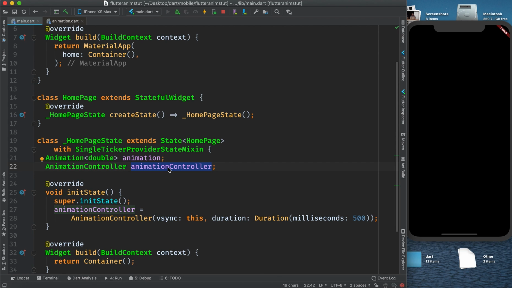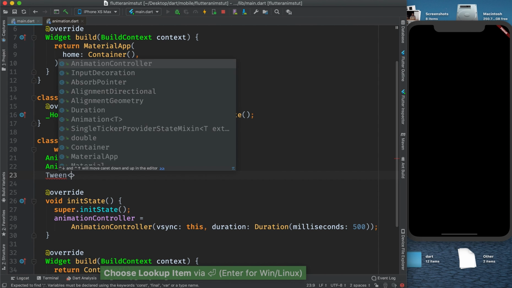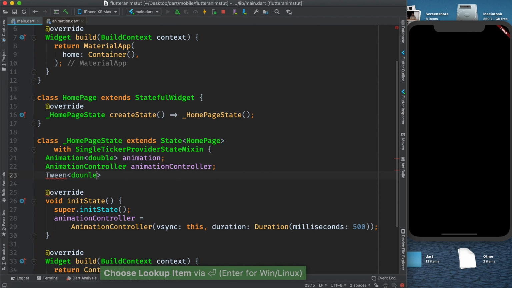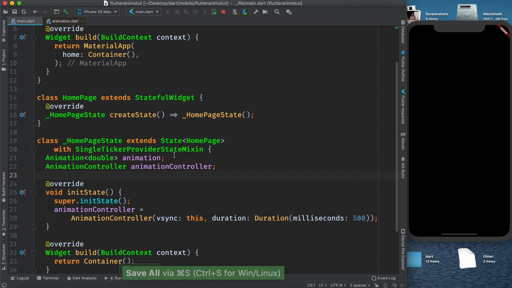Now if you want to use a tween or something like that, let me just guide you through that. So we can use something like Tween. It can be double or whatever you want to specify. Oh, what happened? So Tween, it's not accepting this. Okay, we cannot make a direct variable out of it. So let's say if you want to use this animation,